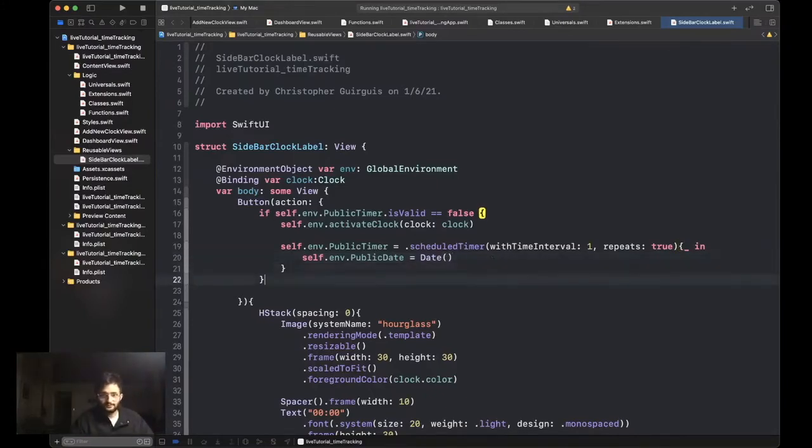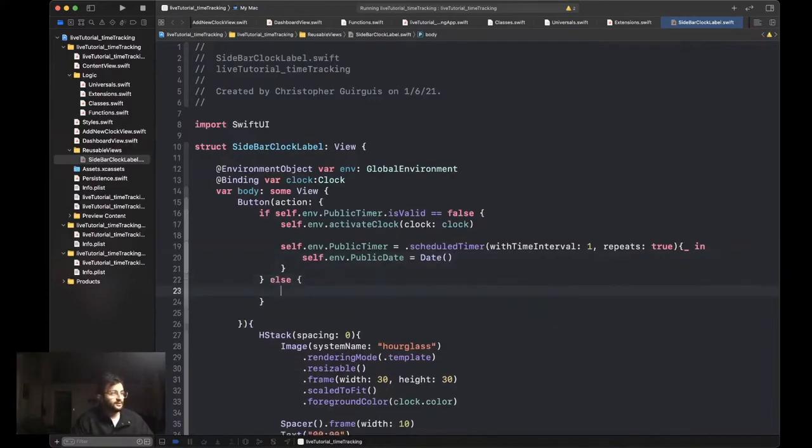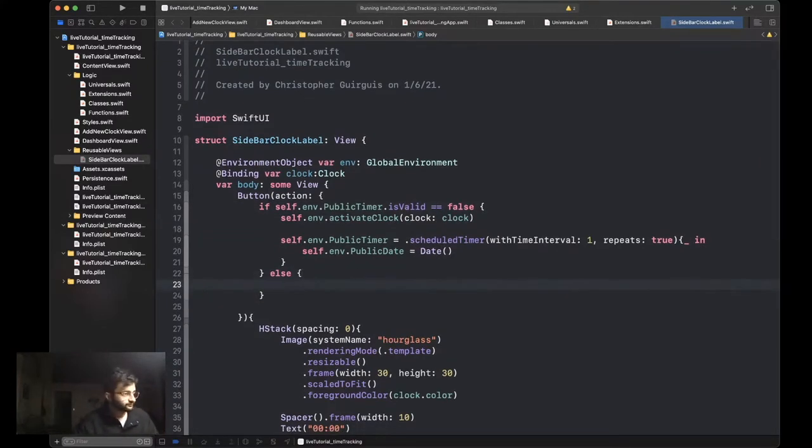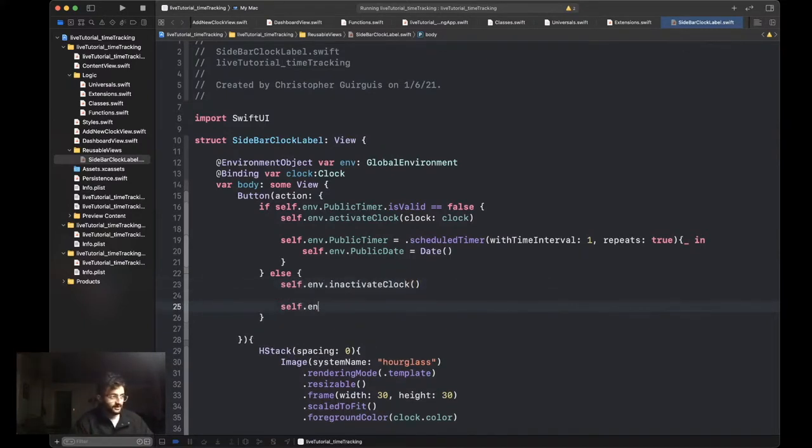That's all that is. And then we'll come here and say else, and what is this else? Remember, the if said, hey, do we have a valid timer? No, we don't. Boom, let's get started. The next one says, hey, what if we do have a valid timer, okay? Well, let's just start by saying, if we do have a valid timer, then what if we clicked on the old clock, right? Well, then I come here and say self.env.inactivate_clock. We'll just come here and say self.env.publicTimer.invalidate,